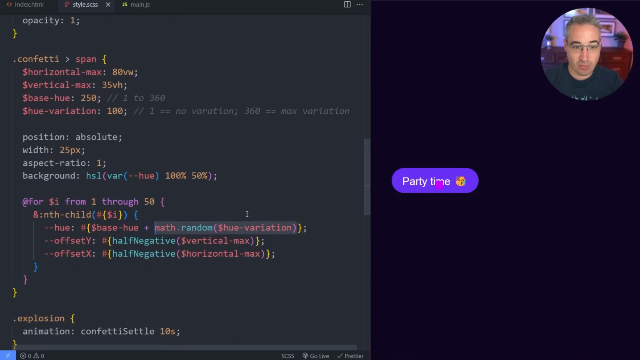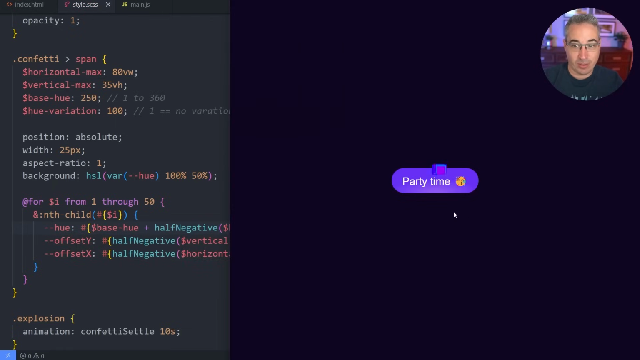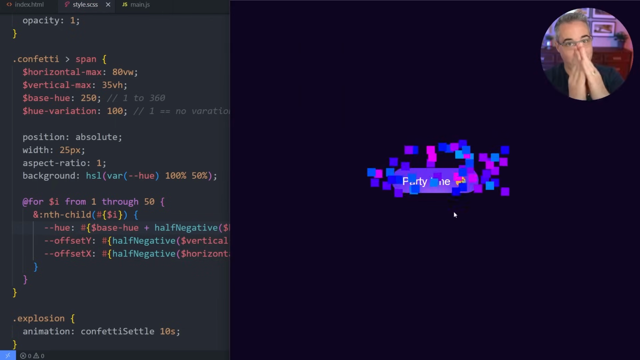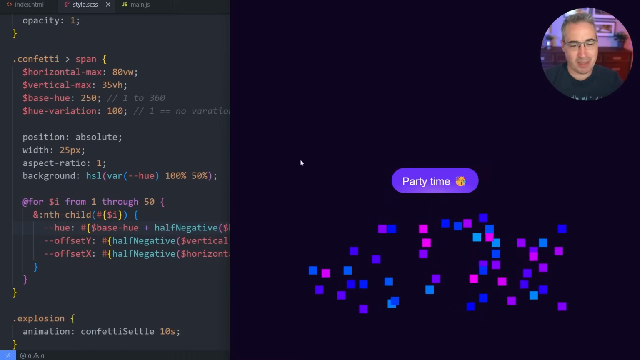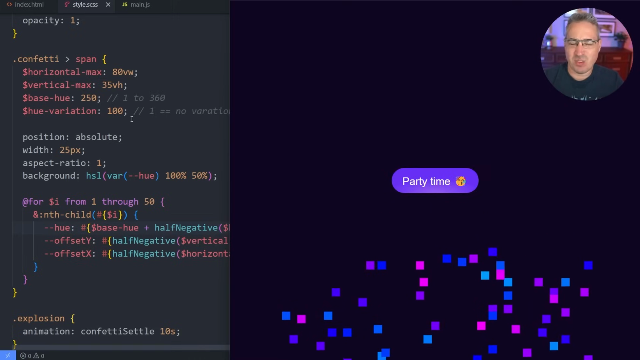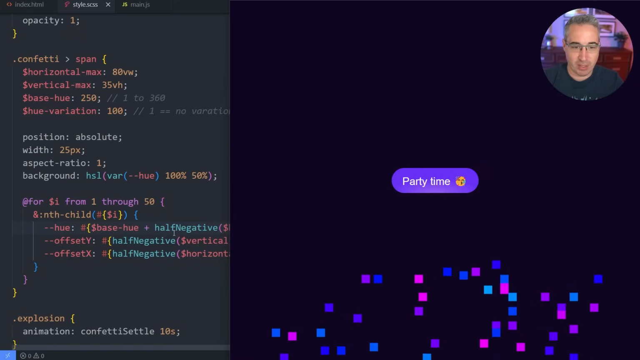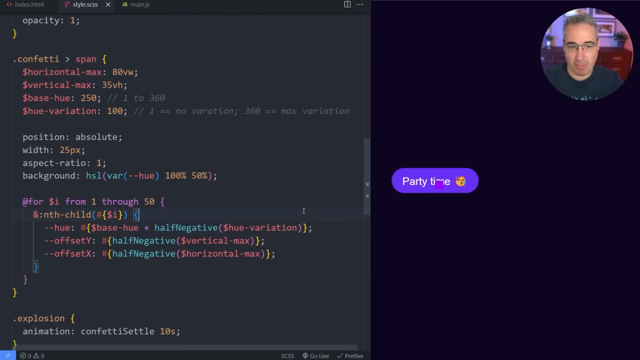To fix that, instead of doing this, we could do a half negative, and then use our hue variation right there. Now that means half of the variation will go one way and the other half will go the other way. It just makes it a little bit more what you'd expect, I think. And whether it's a plus or a minus here, it shouldn't make a difference because half the values are negative, half the values are positive. Actually, it probably does make sense that it is a plus. I'm not sure if it would make a difference or not, but I'll leave it as a plus